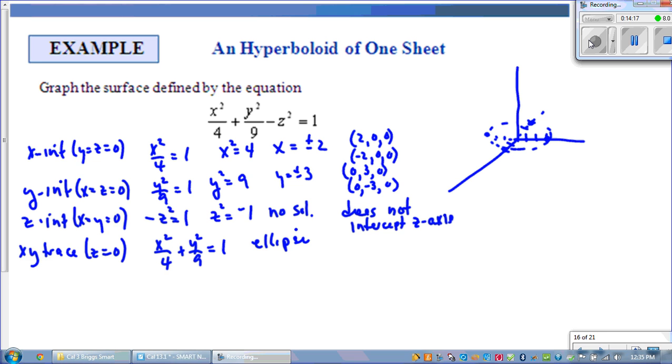Let's look at some other traces parallel to the xy plane. So z equal to, let's say, 2. So we would have x squared over 4 plus y squared over 9 minus 4 equal to 1, so equal to negative 3. There's no solutions to that. So the xy plane